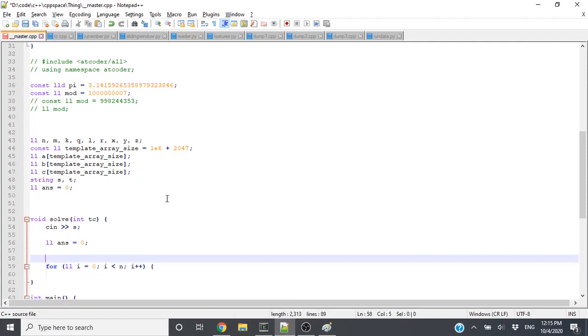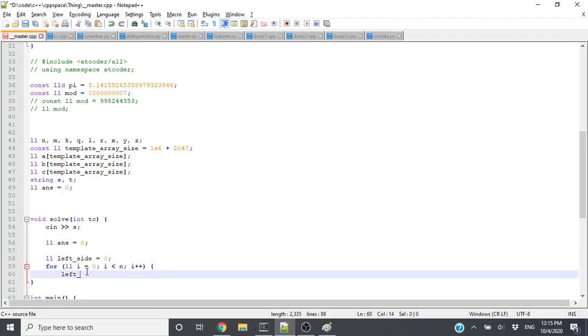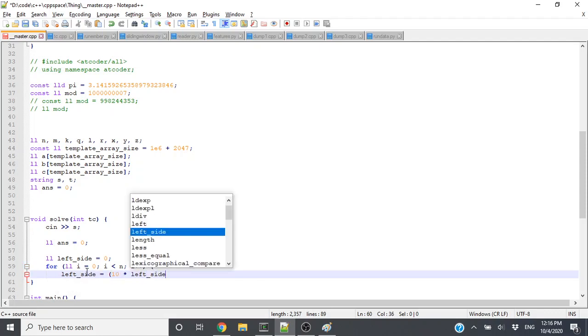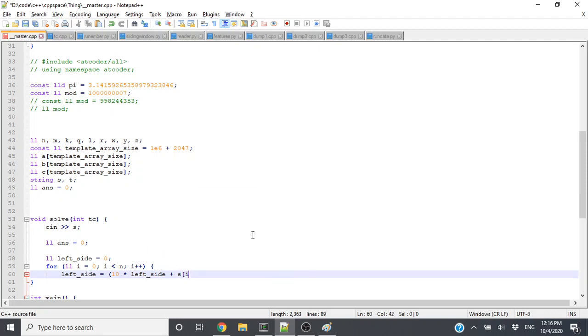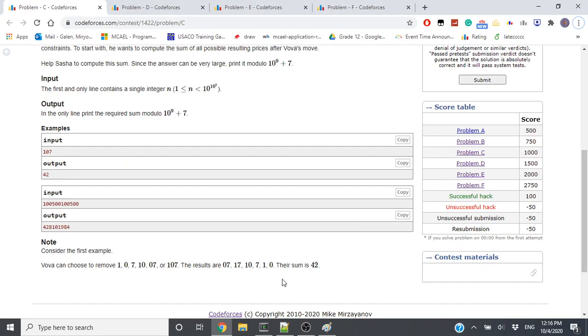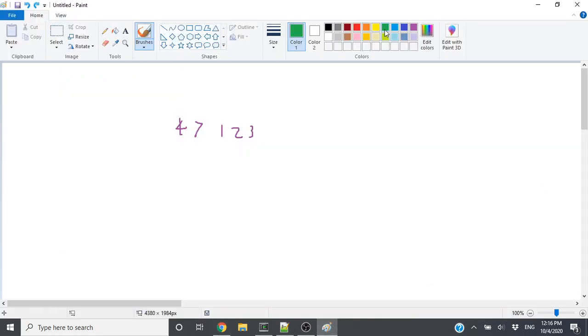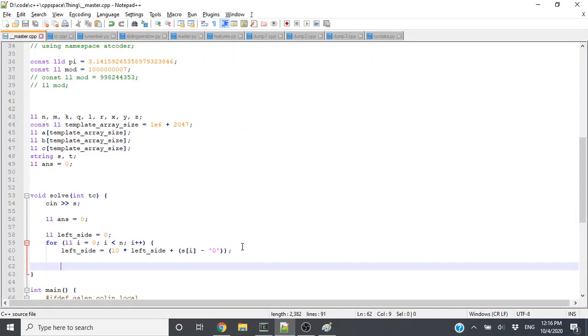So I'm going to store a variable for the left side. Left side equals 10 times left side plus s[i] minus '0'. That gives us the value of the digit from the string. And what this left side does is it's basically just going to keep constructing the number iteratively. That is, when we stick on a 1, this 47 gains 10 times its value, and we add the 1. So then